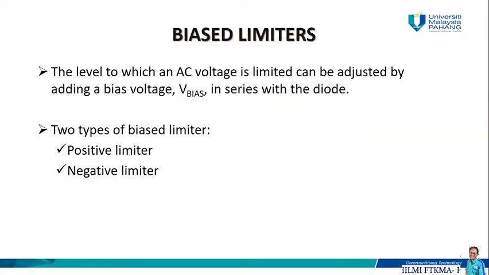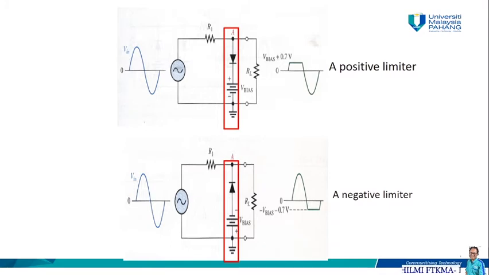Okay, next, the bias limiters. The level to which an AC voltage is limited can be adjusted by adding a bias voltage, V bias, and we are going to add V bias in series with the diode. So there will be two types of bias limiters: one is a positive limiter and the other is a negative limiter. So this is a circuit for a positive limiter with V bias. As you can see here, the diode is being used to limit the positive alternation, and we put V bias